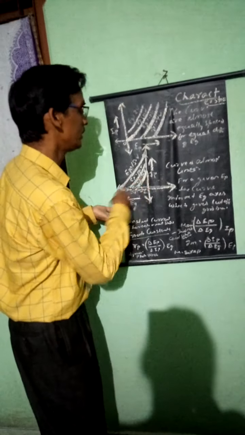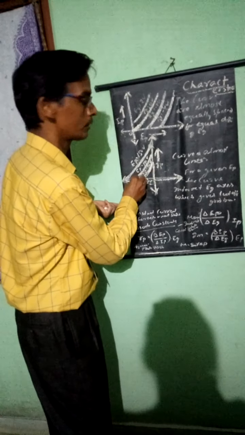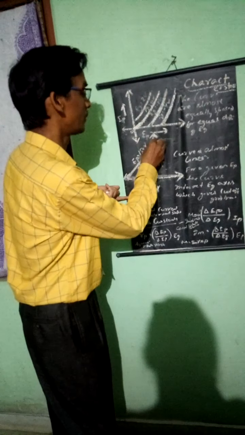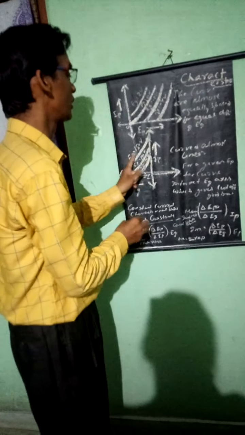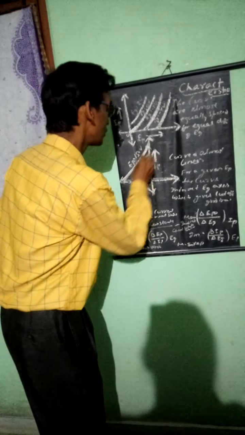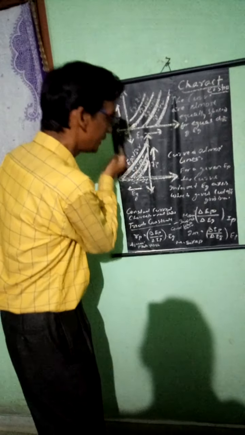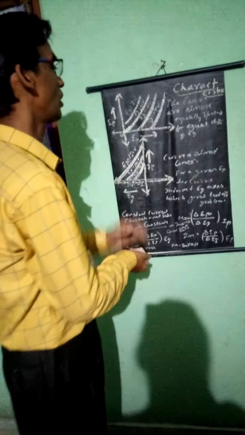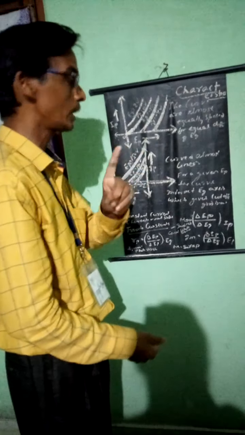For this curve, EG remains constant, and at every point the plate voltage at the plate terminal remains constant. For this, remember the plate voltage is equal to 150 volts. Practically, it is going to be a linear condition, so the curve is almost linear in the case of mutual characteristics.